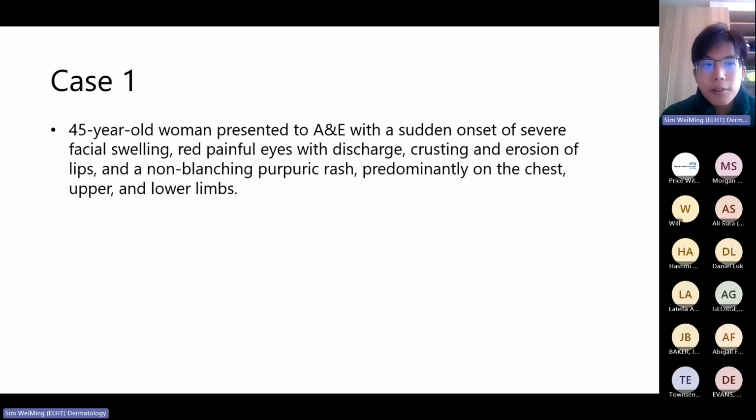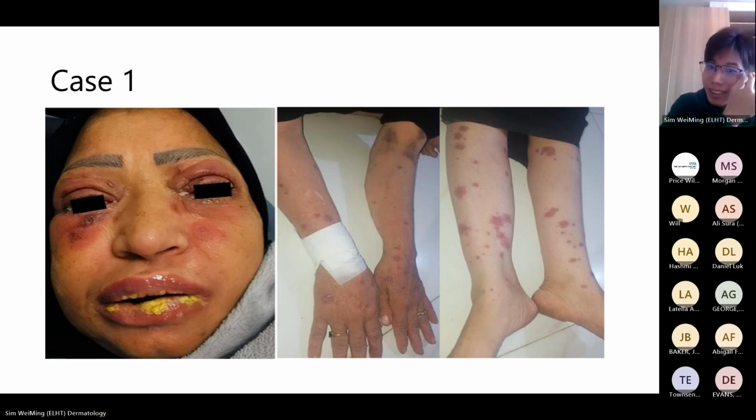So the first case: a 45-year-old woman presenting to A&E with sudden onset of severe facial swelling, red, painful eyes with discharge, crusting, erosion of the lips, and a query non-blanching purpuric rash, predominantly on the chest, upper and lower limbs. I've got a photo. Does anyone have any thoughts about what this might be, just from looking at the photo? I can't really see the chat, so if you've got an answer, you can speak into the microphone. If not,